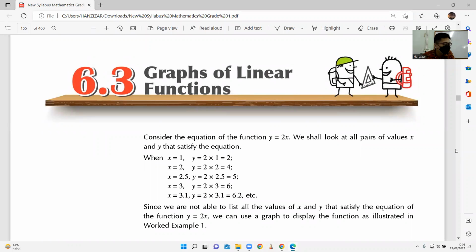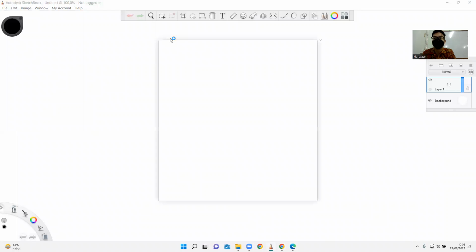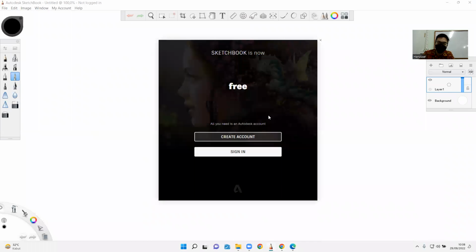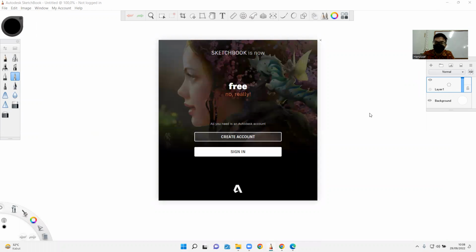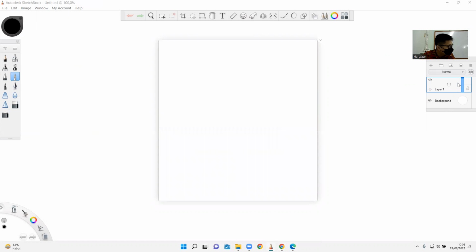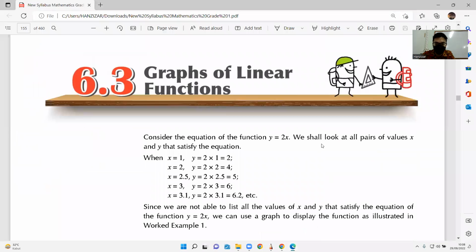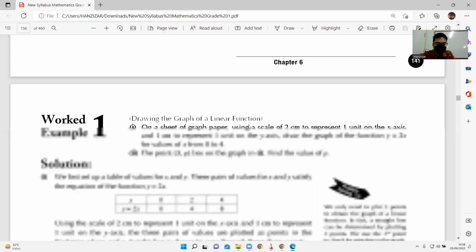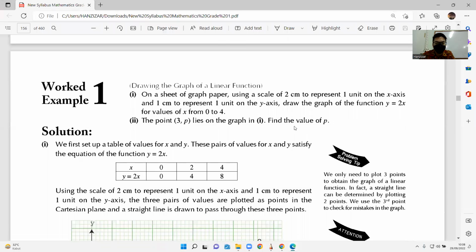You pay attention. This is not hard. It's quite simple. Every rule is given, and you need to understand the idea of drawing the line with the help of your graph paper. So before we do, I want you to focus on the explanation first, then you can go for the workings later on. Okay? So if you look at the example